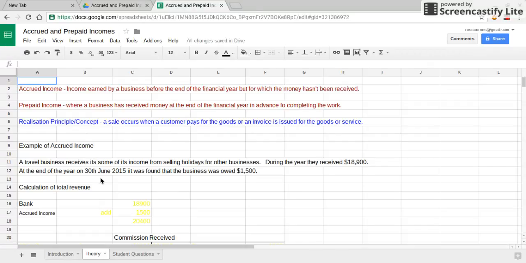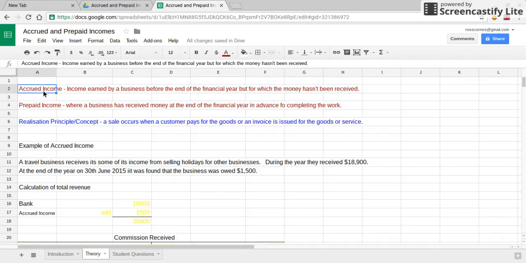Just looking at the theory that's involved, first thing we need to know, what is an accrued income? Well, that's when a business has earned an income for some reason, but the money yet hasn't been received at the end of the financial year. So it's part of this year's income, and it's going to be an other receivable that gets recorded in the